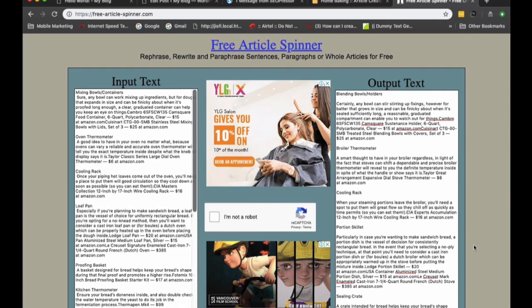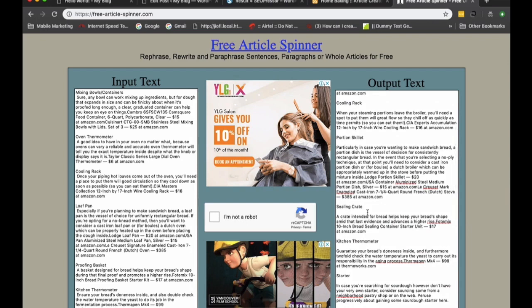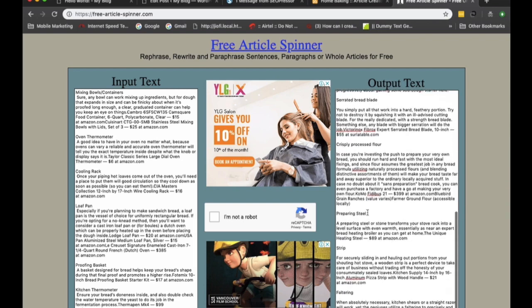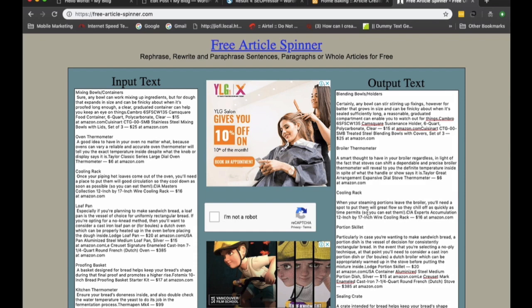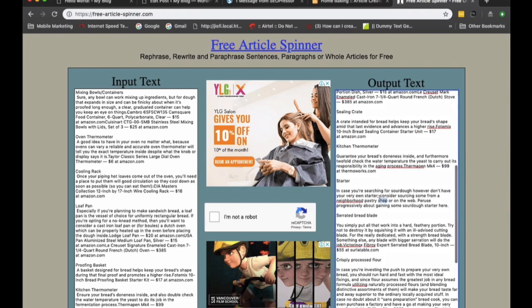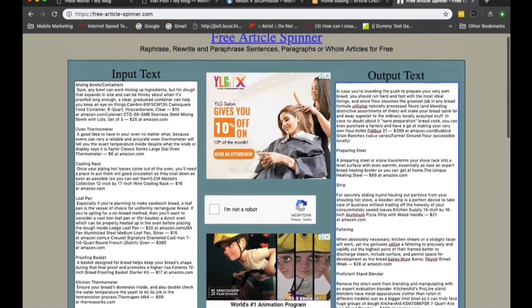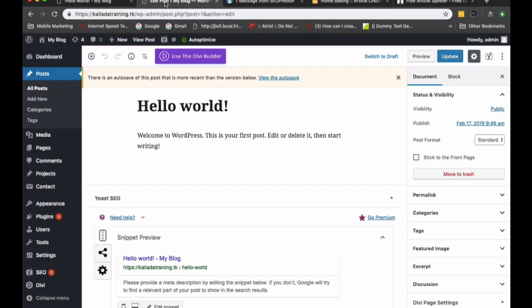It completely rephrases it, and we do need to do proofreading and try to minimize the errors, because it completely rephrases the text. You could go ahead and do a bit of proofreading and put in some effort. Use this rephrased article for your blog. So this is how you can start doing it. Once you have the content ready, you can go ahead and create a post. I'll show you how to create a post. Just click on add new,